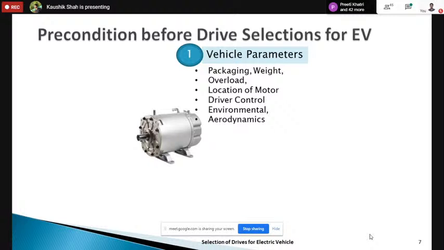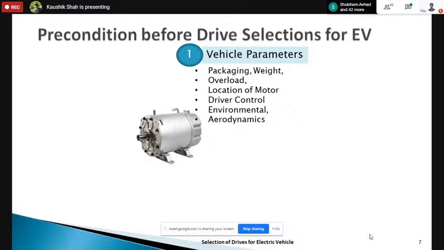So this topic itself, location of motor, is a very big topic where most of the OEMs take a lot of time in deciding which is the best suitable place for motor, right? And then, of course, packaging, weight, overload conditions. This is required, where is your other stuff available in terms of the weight target,